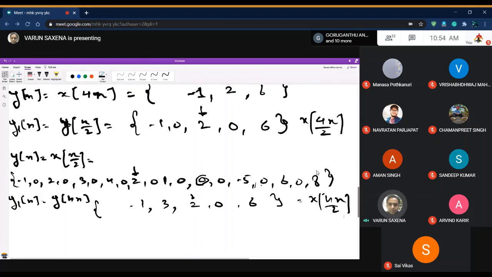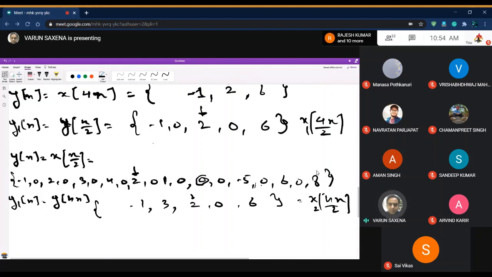I'm not saying which is the right answer. There is no right answer or wrong answer. I'm just showing that if this is your x1 and this is your x2, clearly they are not equal. So when you are designing a system in which you know that you have to decimate by a factor of 4 and you have to interpolate by a factor of 2, then you must know what should come first and what should come second, and that would depend upon what kind of an output you want at the output end.